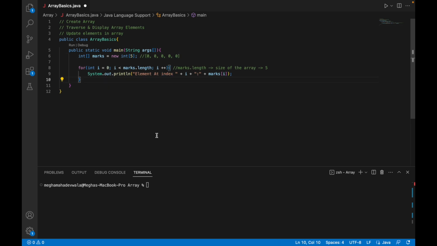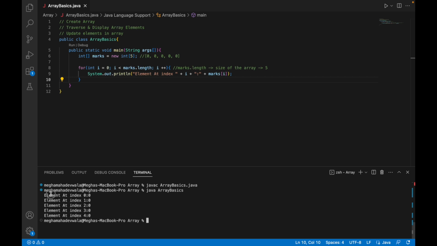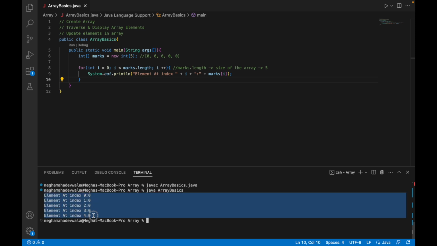So let's validate it. Let me compile it and run it. So yeah, we got the same output as we discussed. By default, it stored 0 for all the element values. Okay, so now